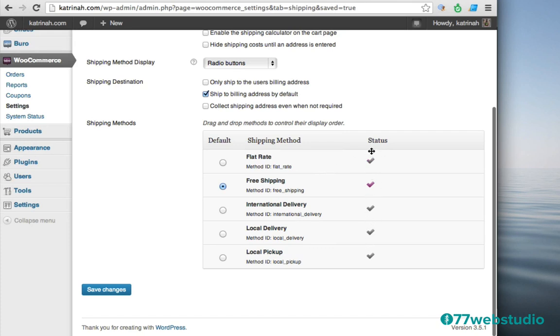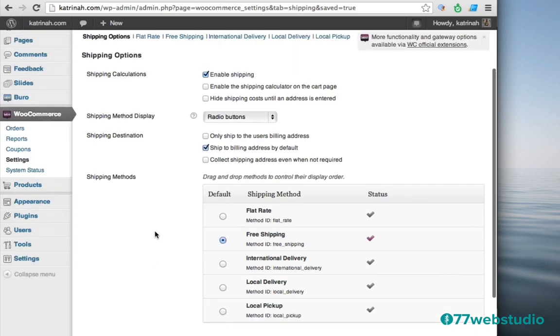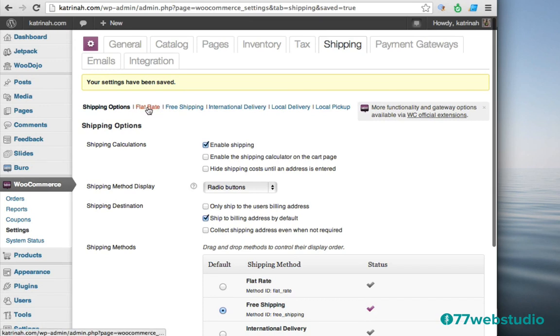Now note that if you are looking at this screen and you see that there's some purple check marks by any of the other shipping methods, perhaps under flat rate or something else, then you need to make sure that it is not enabled. So you really want to make sure that you select what default method you want for shipping and then click on Save Changes. And then you need to go up to each of these and you need to either enable them if you want them or disable them.